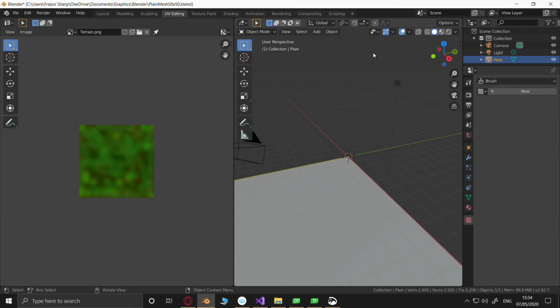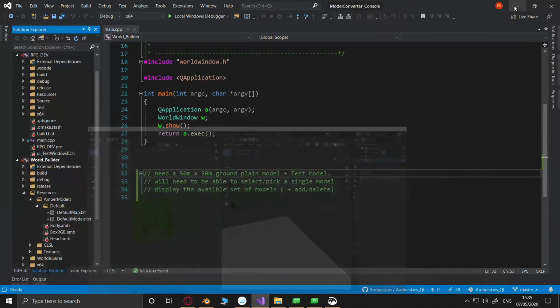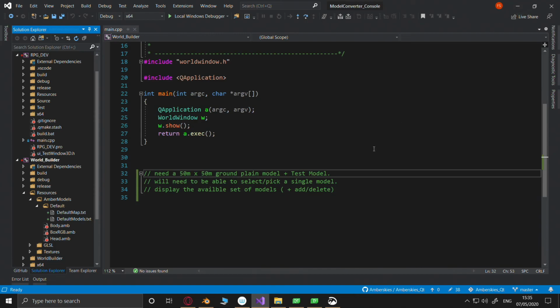Don't know. Don't know how to make a textured object in Blender, so that I will have to work out, but that's the idea. I'm going to put that texture on this object. I'm going to sit down and work out how the hell to do it, and probably have to read the manual on Blender. Isn't that lovely? Because I don't use Blender at all. So that will become our plane model.